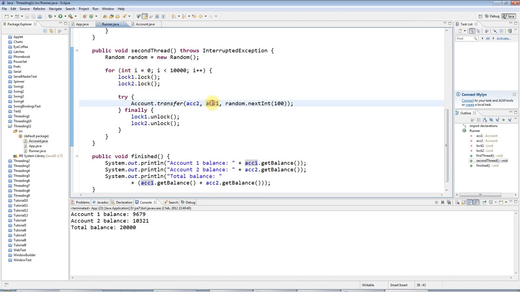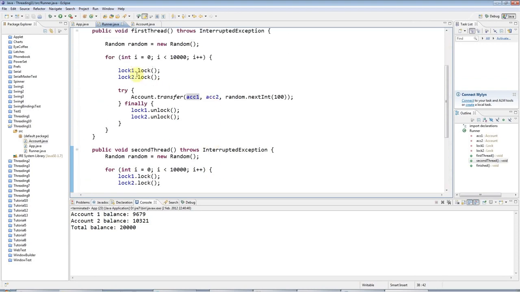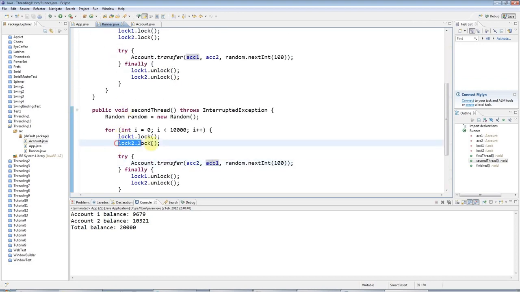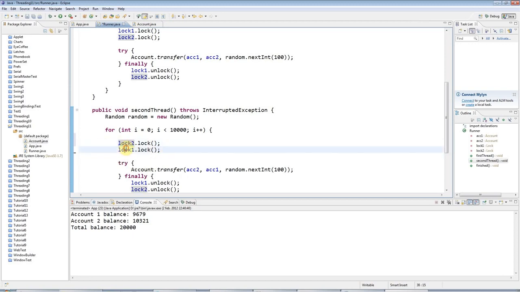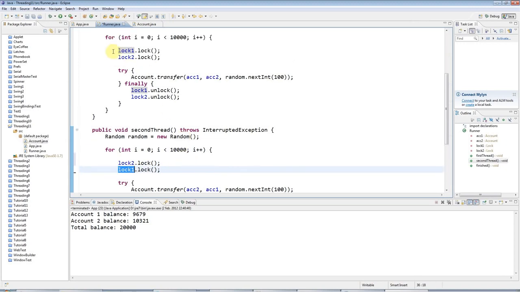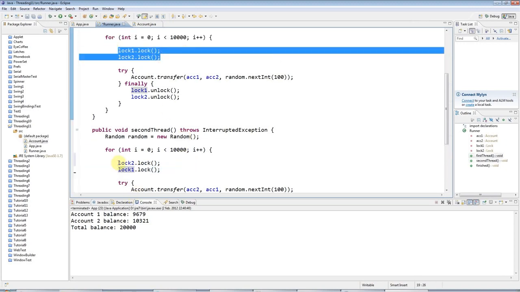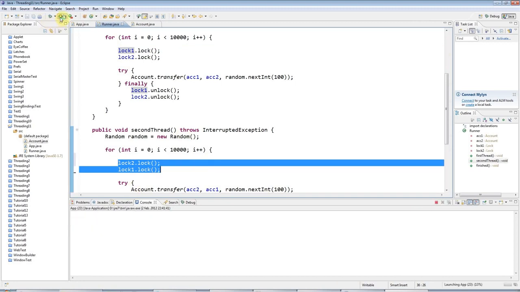other account. And what I mean to say is that you might end up locking first, if you're transferring from account 2 to account 1, it makes sense that you might end up locking first the lock for account 2 and then the lock associated with account 1, like this. So basically we're doing our locks in different orders, and if I run that, sooner or later you'll have what we call deadlock. And the reason for this is, so the program's just waiting and it's not doing anything, it's